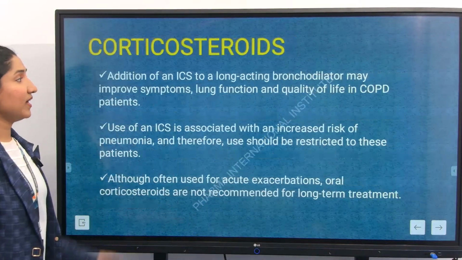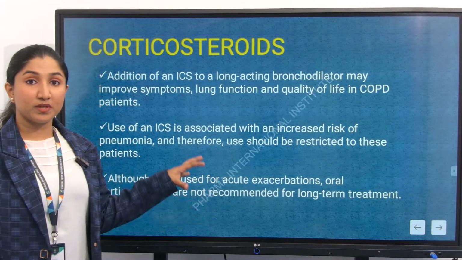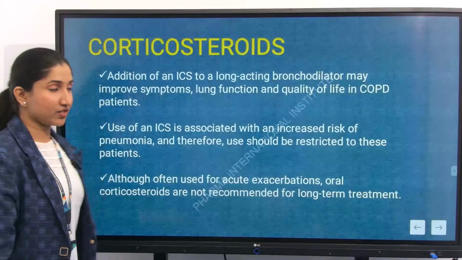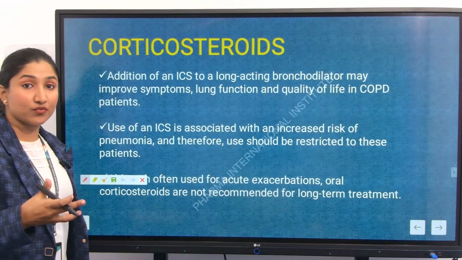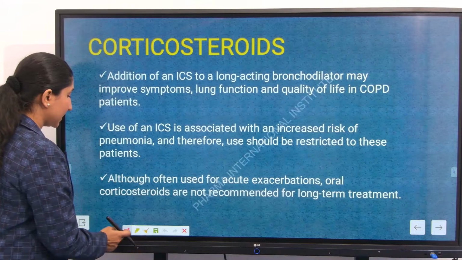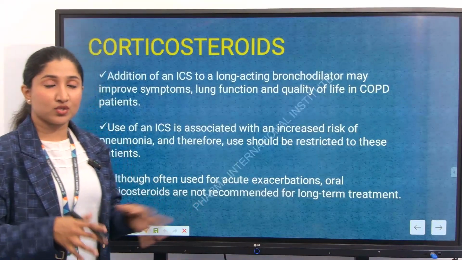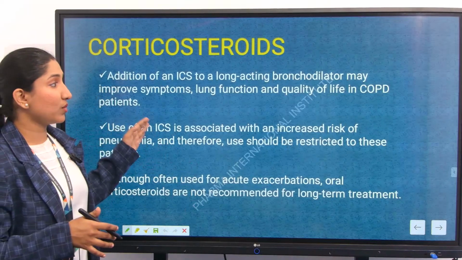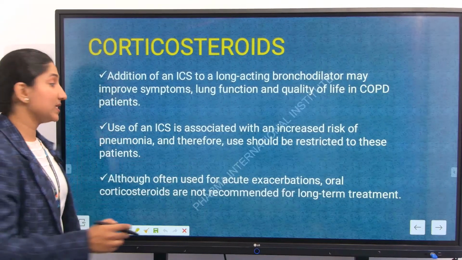Now again, we have corticosteroids that can be used in case of COPD to minimize the inflammatory reactions. So what these corticosteroids do, as we know, we saw in the case of asthma, they can actually decrease the inflammation. But what is to be careful about using corticosteroids in COPD is that corticosteroids can increase the risk of development